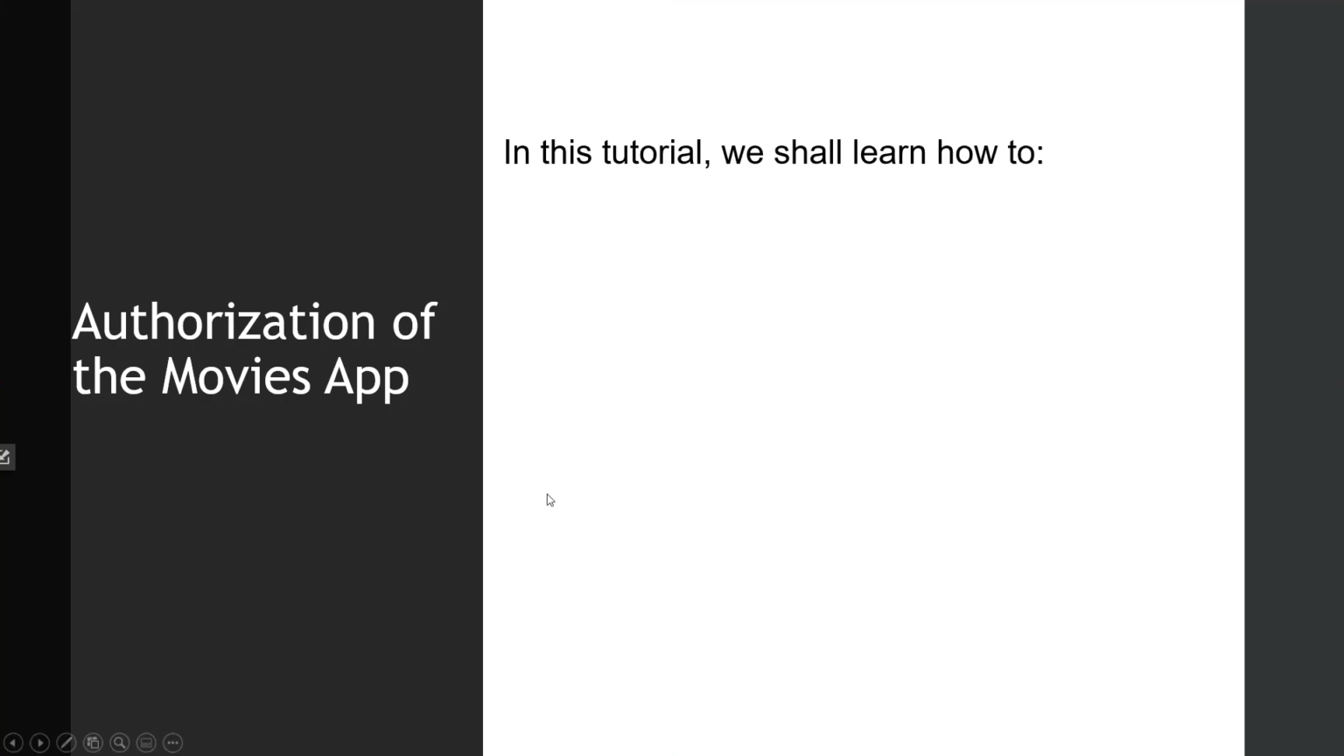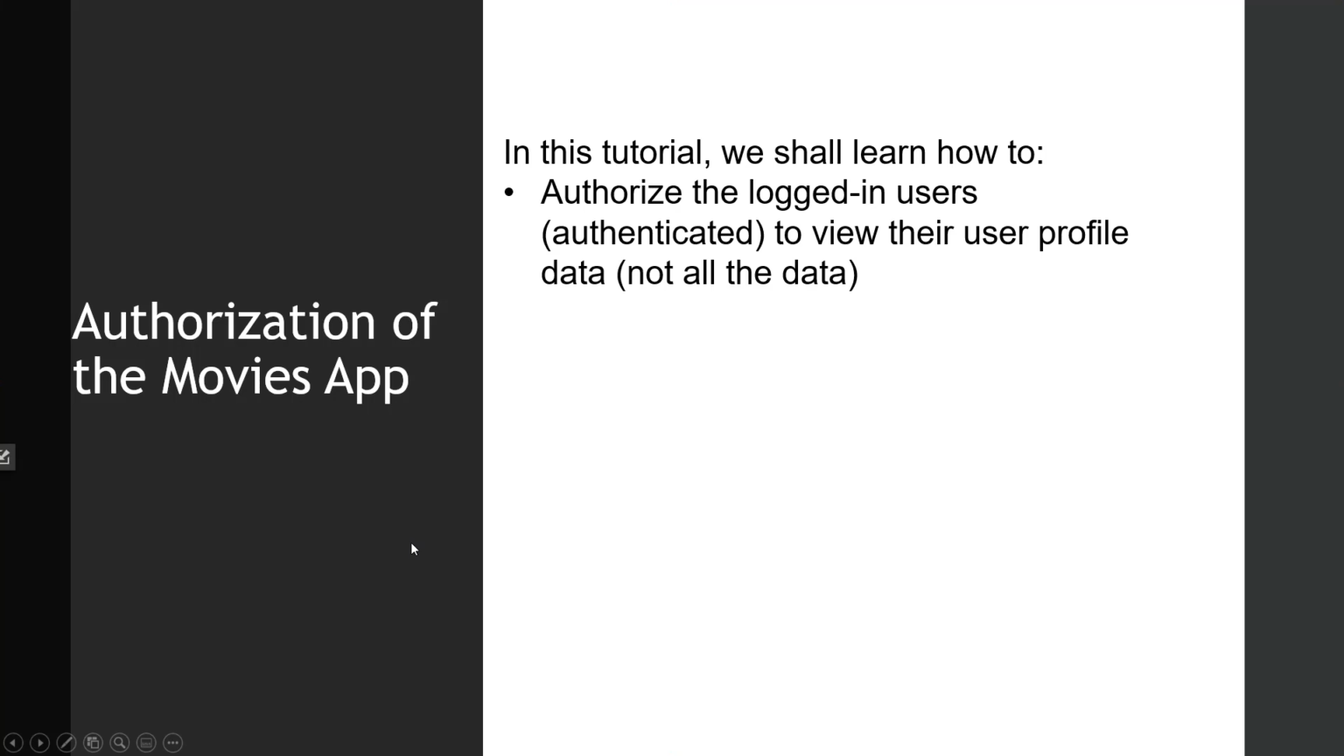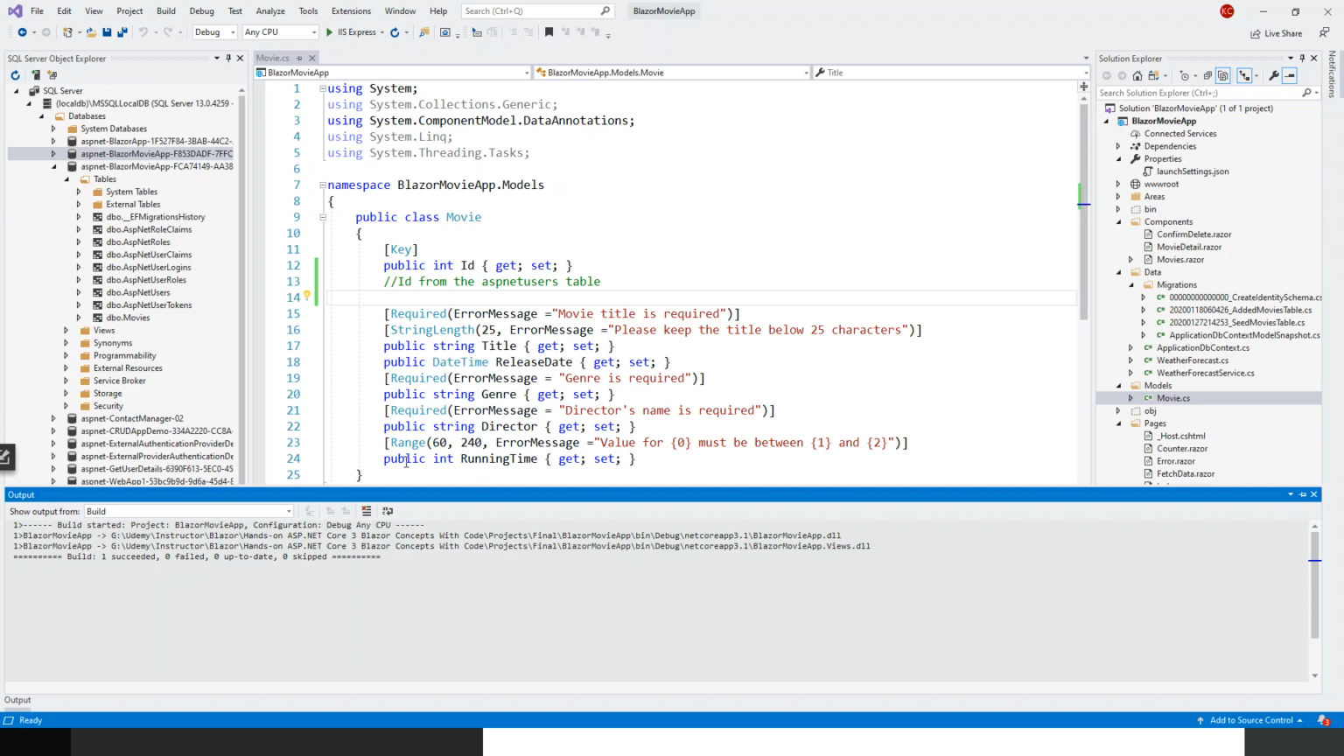Hello and welcome everyone. In this tutorial we shall learn how to authorize the logged in users, or the authenticated users that we have seen in the previous lecture, to view their own user profile data and not all the data by all the users. So let's flip over to Visual Studio, and the first thing that we need to do